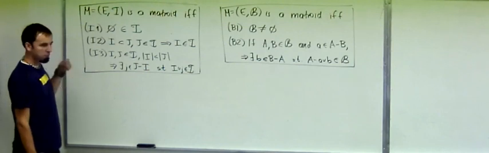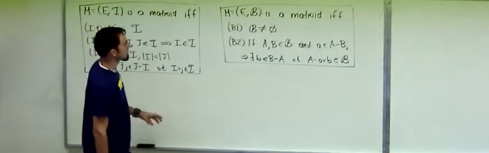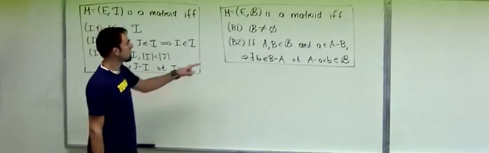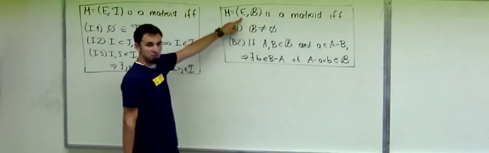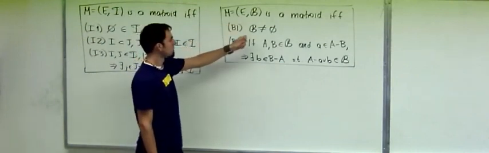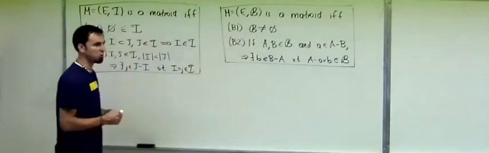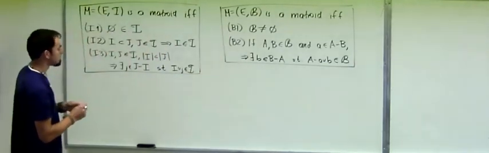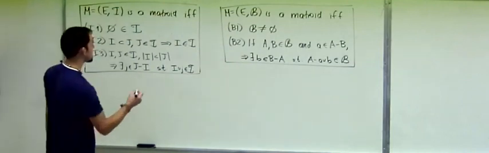And then we talked about bases, and we're in the middle of proving a theorem that says that a collection B of subsets of E is the collection of bases of a matroid if and only if these two axioms are satisfied. We're in the middle of proving this. We're going to complete the proof today. But just to make sure that you understand this circle of ideas,